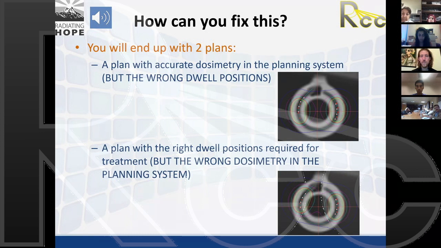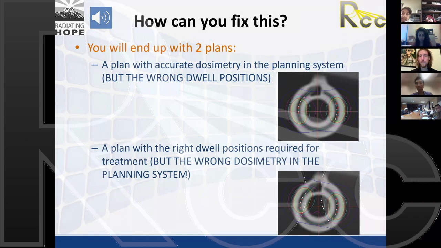These are the dwell positions that you've determined during applicator commissioning with your film and your images. However, when you look at those dwell positions in the treatment planning system, the dosimetry isn't going to be correct, because in the treatment planning system, those dwell positions are going to be in the wrong position. It's a very, very confusing system, which is why, again, I really highly suggest that this is not how you attempt to plan ring applicators. I would really suggest that if you don't have the applicator model for a ring system, that you avoid using